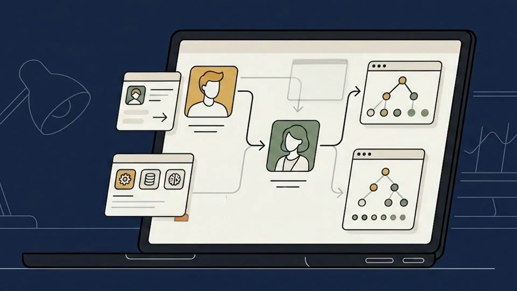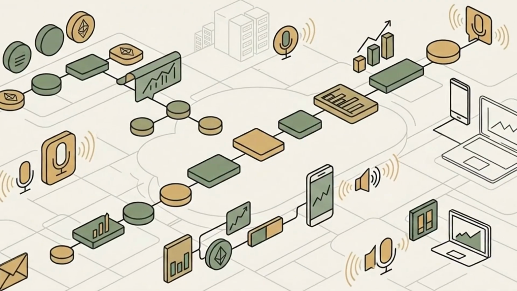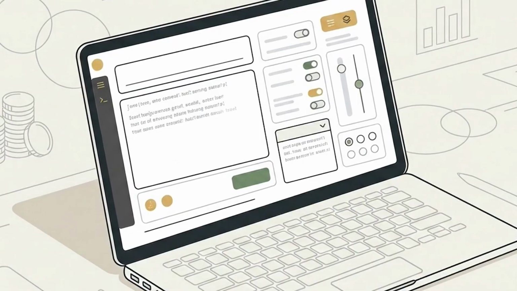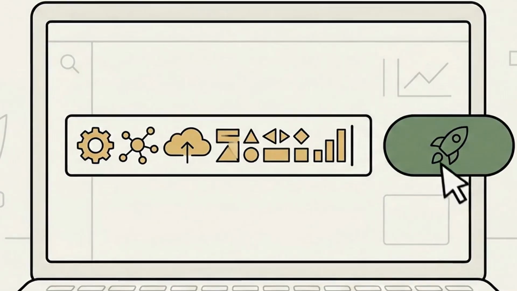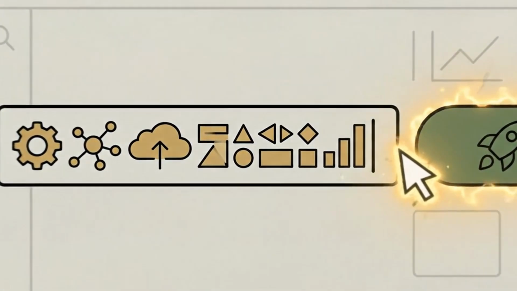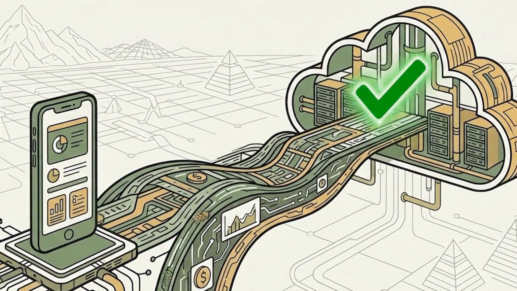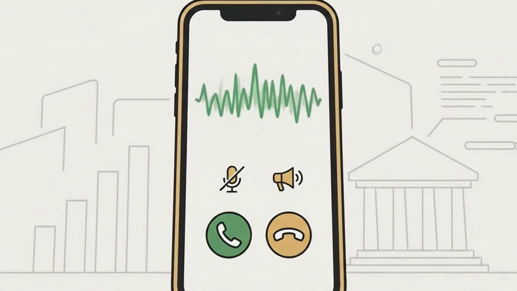Step 2. Create a demo agent. Use a tool like SynthFlow or Bland AI. Describe your business, give the agent a name and instructions, how to respond, what information to collect, what to offer. Link a real phone number. That's it. Now you can call this number and the agent will answer.